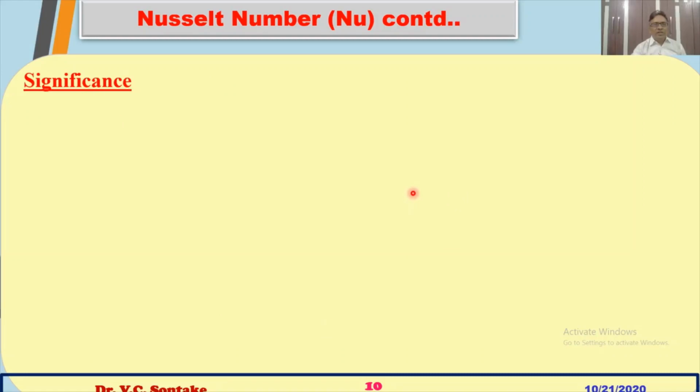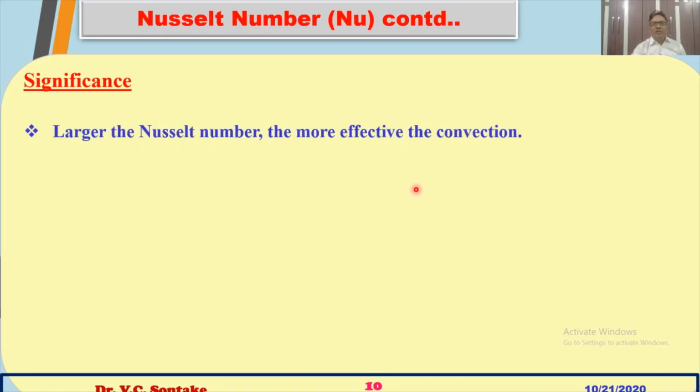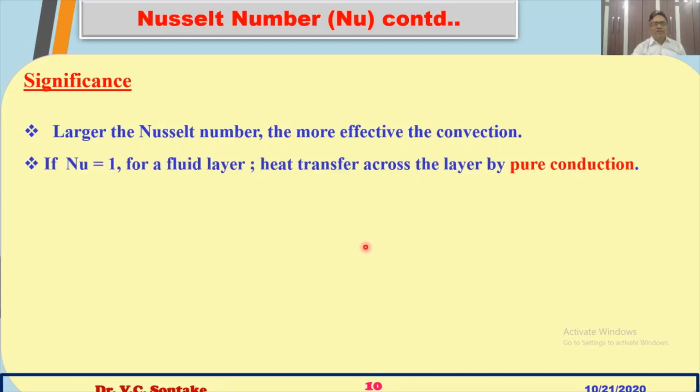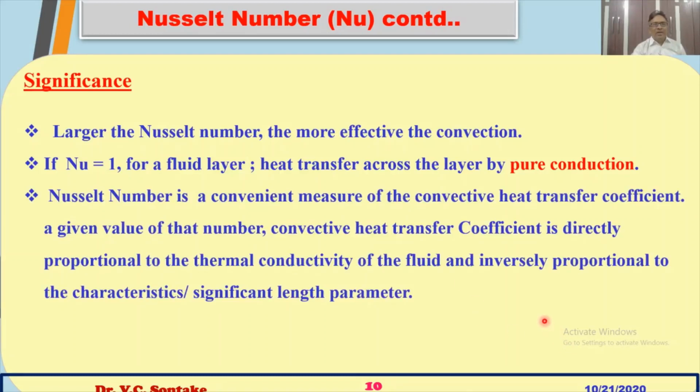Significance of the Nusselt number: the larger the value of Nusselt number, the more effective the heat transfer will be by convection. The predominant mode of heat transfer through the fluid layer will be by convection. But if the value of Nusselt number is 1 for any fluid layer, heat transfer across the fluid layer will be by pure conduction. That is something very interesting. And Nusselt number is a convenient measure of the convective heat transfer coefficient,